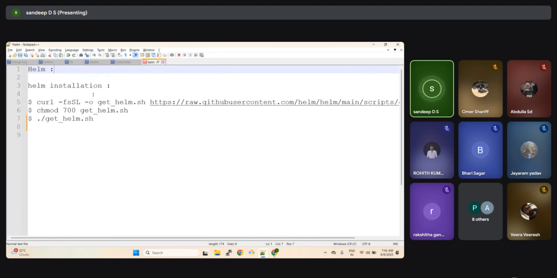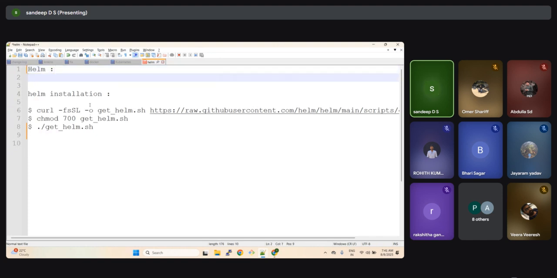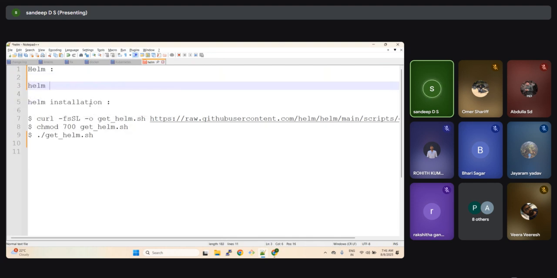Okay, are you able to understand this statement? So helm is basically a package manager for Kubernetes, and using this helm we can create pods, deployment, services, and ingress. Okay, so I'll give a statement here. So helm is a package manager for Kubernetes